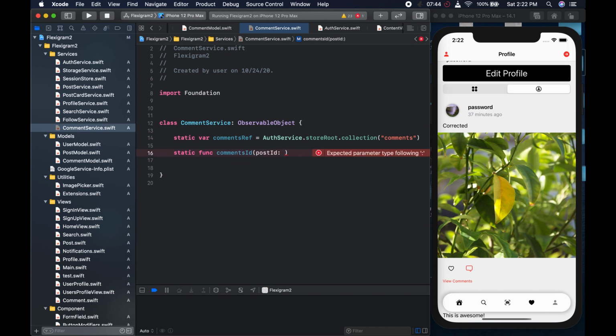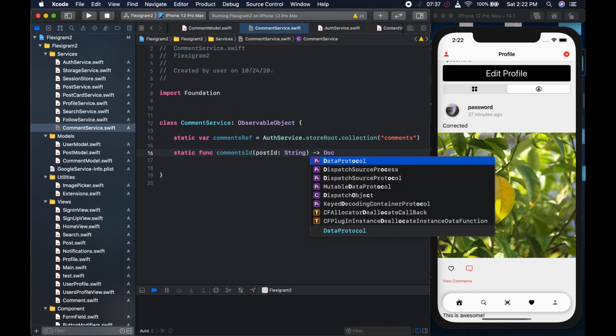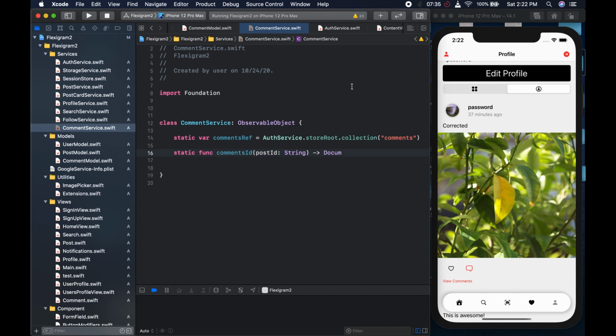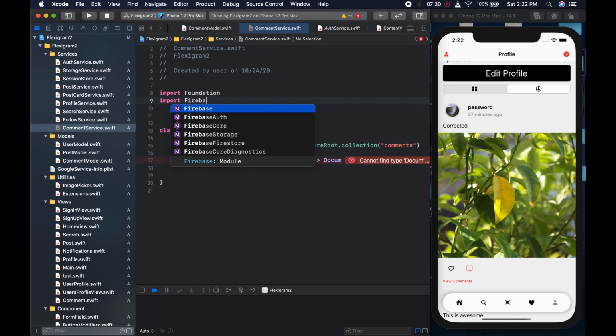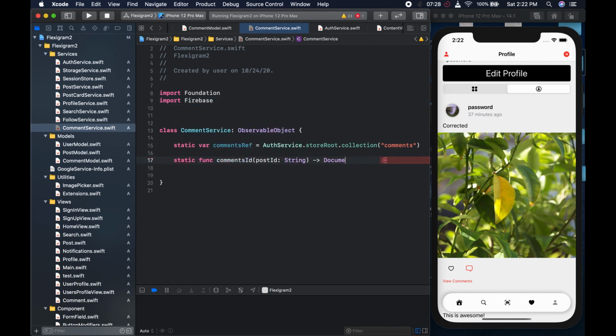So what we're going to have is going to be a string here, like so, and after this we are going to have a document reference, right? A document. Why isn't it helping us? Oh, we forgot to import Firebase. We need Firebase, right? So when you put Firebase, it's going to help us. It's going to be document reference, like so, and the document reference is going to refer to where our comments are. So what we're going to do here is just return